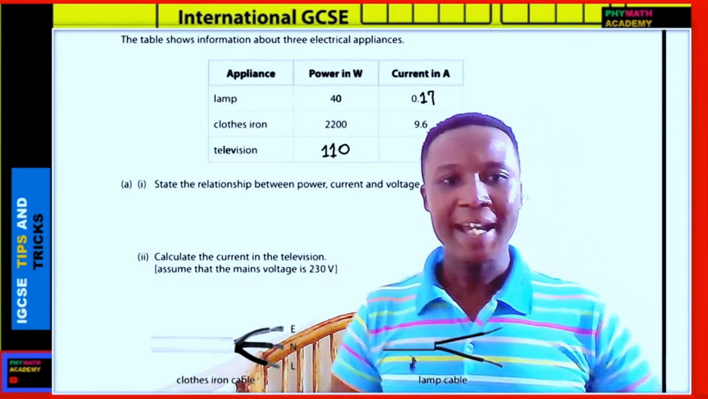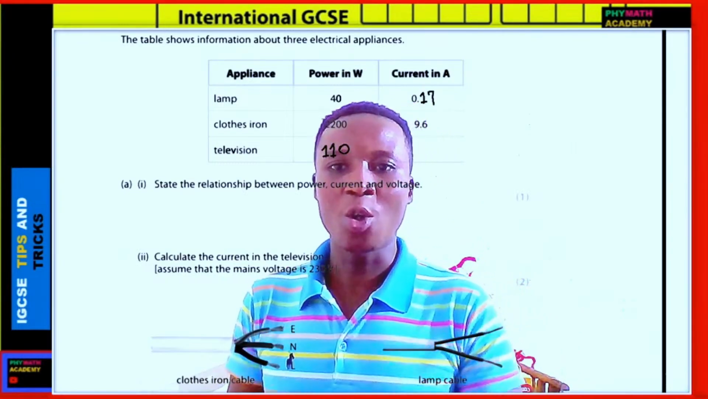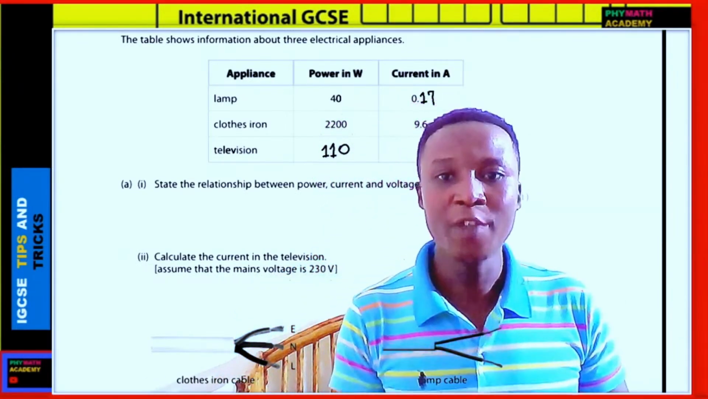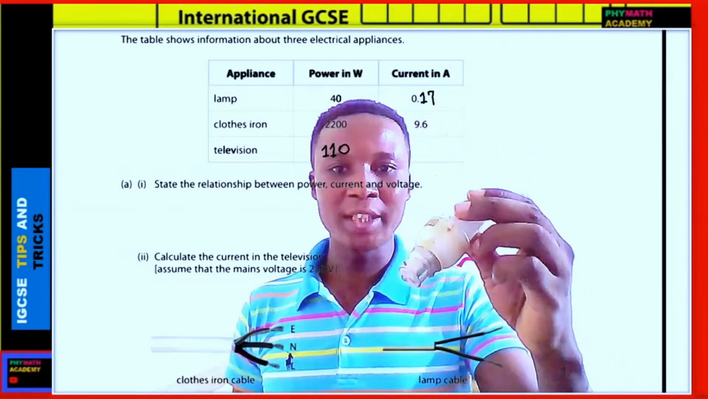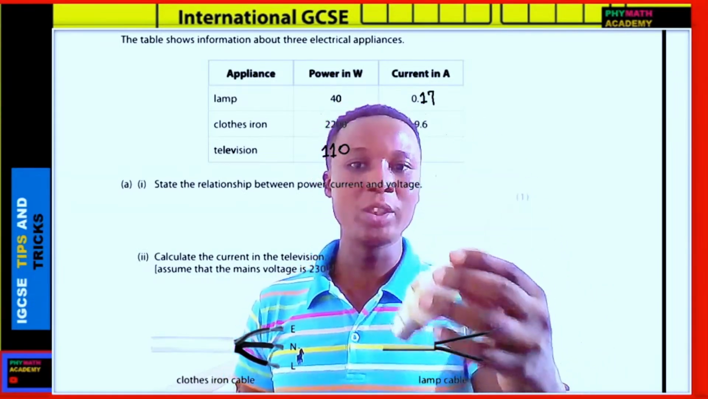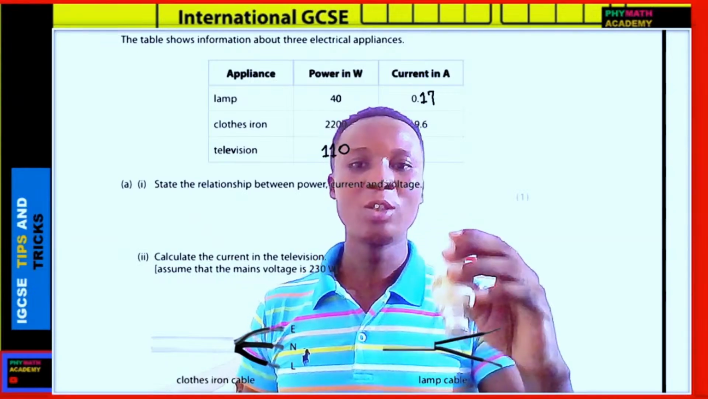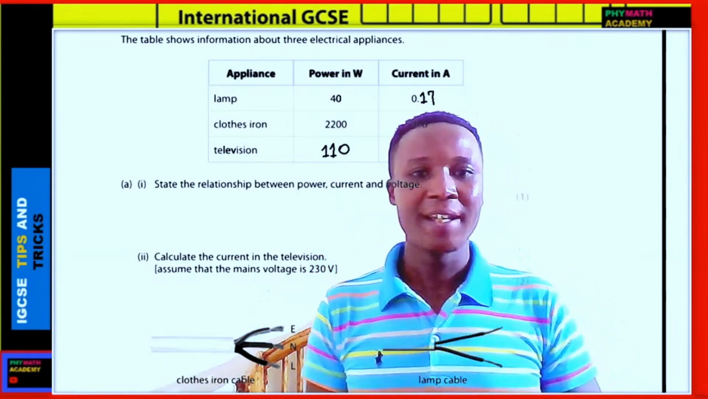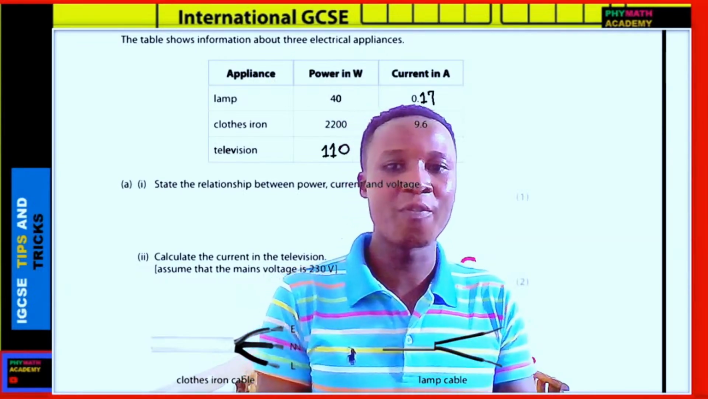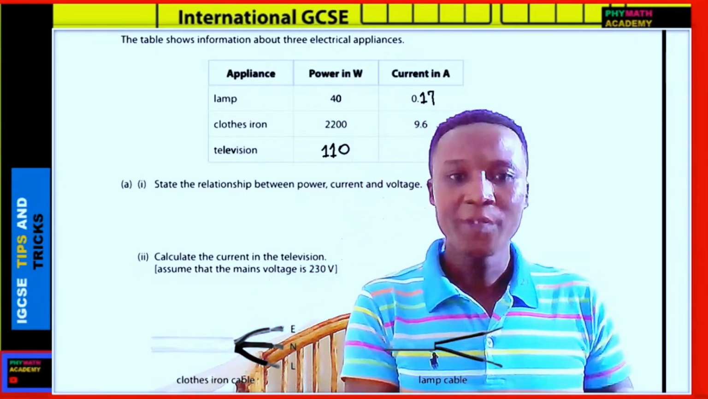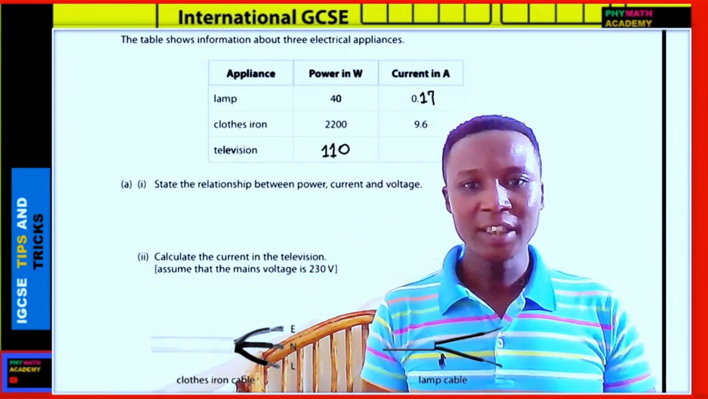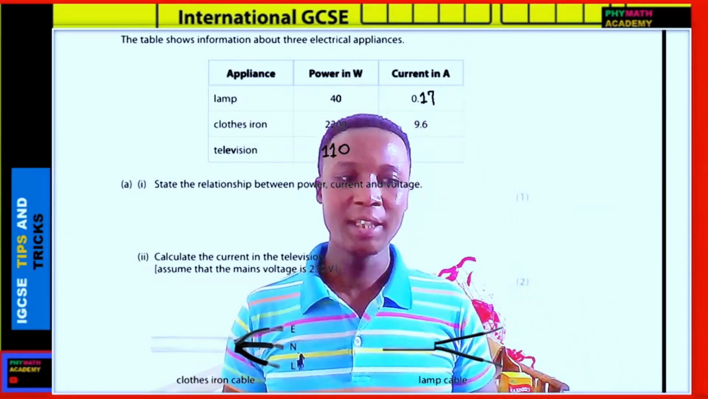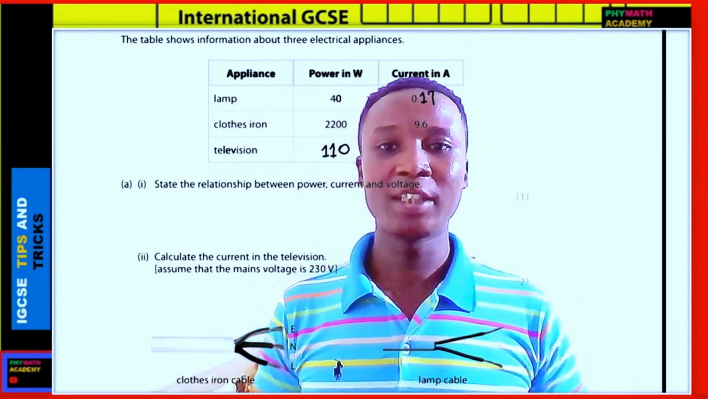So electrical devices convert electrical energy to the forms we need. If we need light, we're going to use the transducer, which is a bulb, which will convert electrical energy to light. If we need to iron our clothes, we're going to use an iron box, which is going to convert electrical energy to heat. In this video, we're going to discuss electrical power, electrical energy, and also questions related to